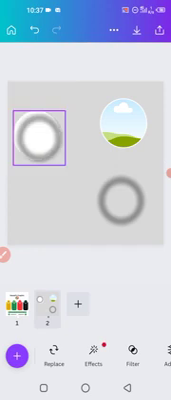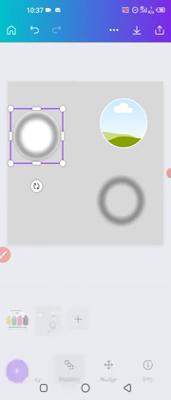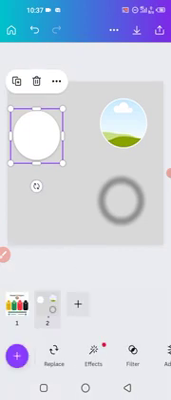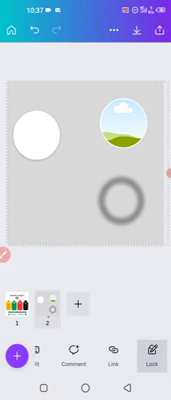Okay, you take it like this and position it somewhere around here. So the next thing to do now is you will scroll like this, click on this position, then you click on this backward to take the shadow to back. Okay, so after you have taken the shadow to back, the next thing to do now is you click on this page here, unlock it,